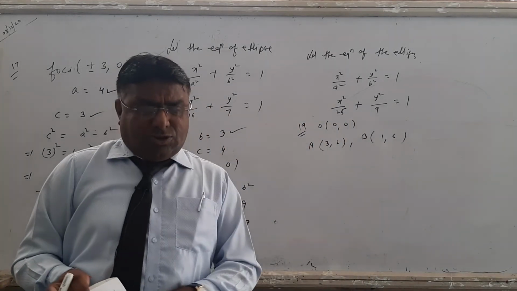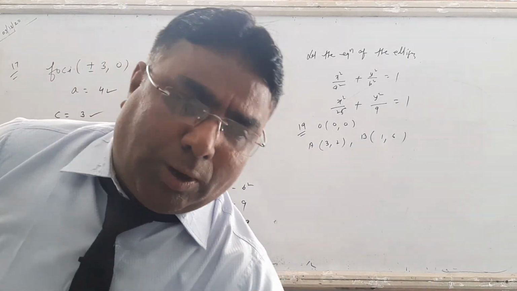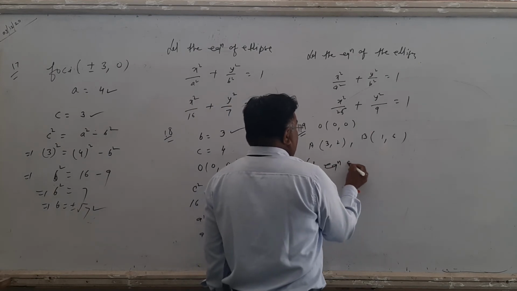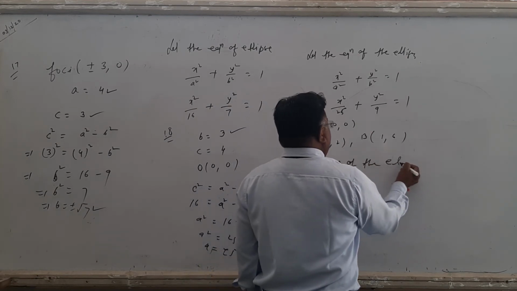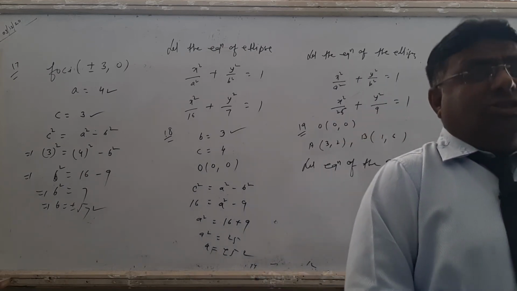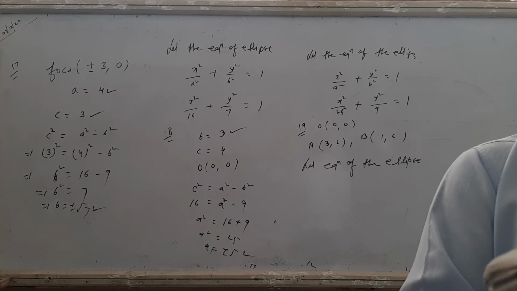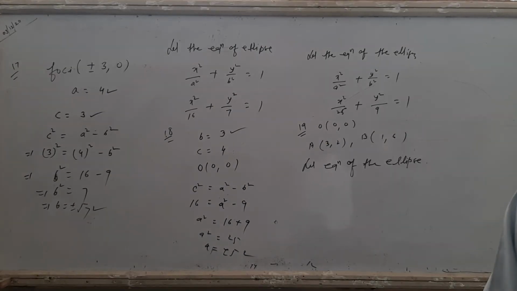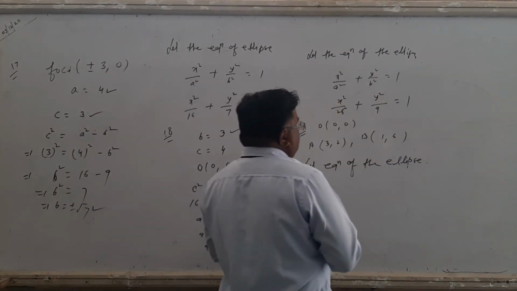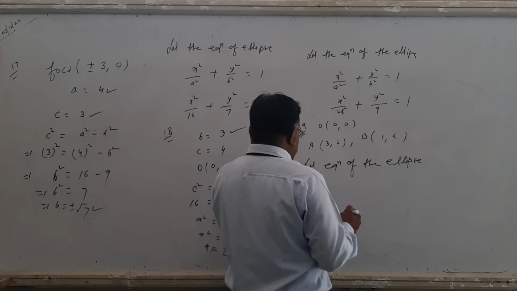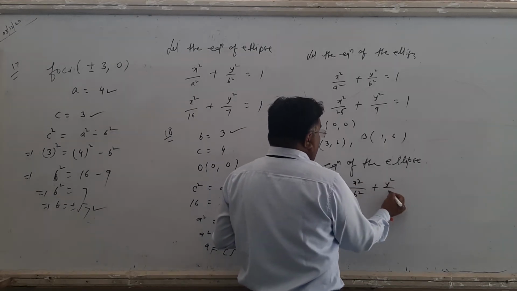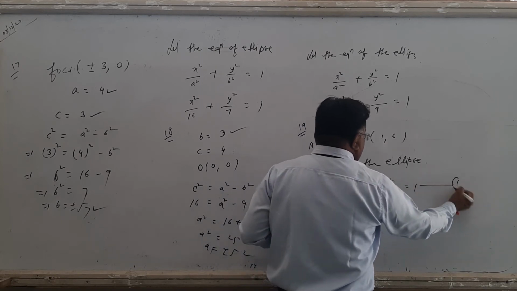क्या आपको ellipse का equation find करना है, but वो ellipse 2 points से pass हो रहा है. तो now look here. First thing, let the equation of the ellipse. Which ellipse? First form या second form? क्वेश्चन में क्लियर लिखा हुआ है मेजर एक्सिस ऑन वाई एक्सिस. इसको जहाँ क्वेश्चन में लिख दिया मेजर एक्सिस ऑन वाई एक्सिस, दैट मीन्स सेकेंड इलिप्स. मेजर एक्सिस अगर एक्स एक्सिस पे है दैट इज द फर्स्ट इलिप्स, बट दिस मेजर एक्सिस वाई एक्सिस. नाउ द सेकेंड फॉर्म ऑफ द इलिप्स, x square upon b square plus y square upon a square equals to 1. This is equation first.